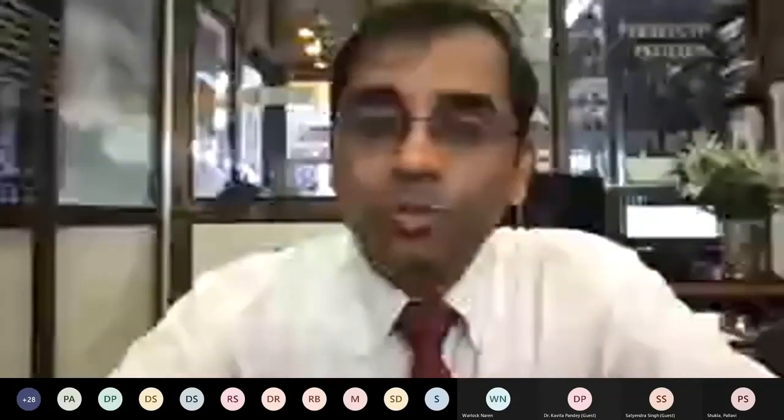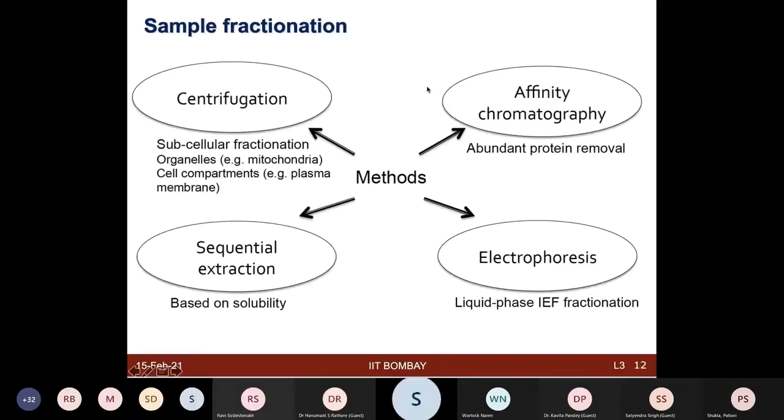That's what I was going to show you on the slide: the different types of sample fractionation strategies are very important. Sometimes you do not have these columns which you buy commercially. You can use some affinity chromatography. You can get rid of the abundant proteins from the peaks, and you can also fractionate your sample using an electrophoretic method. Of course, we do IEF for the 2D gels, but you can also use off-gel fractionation,